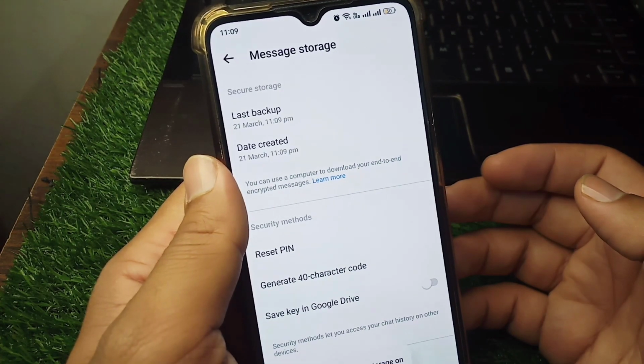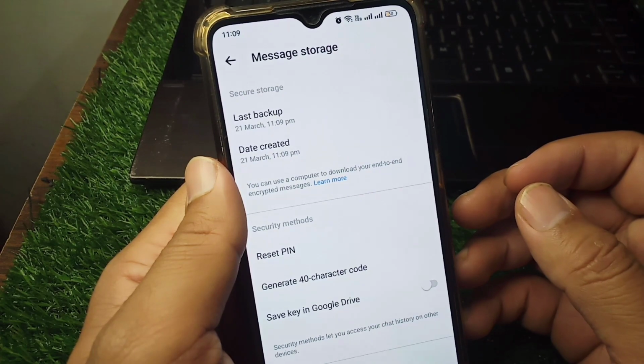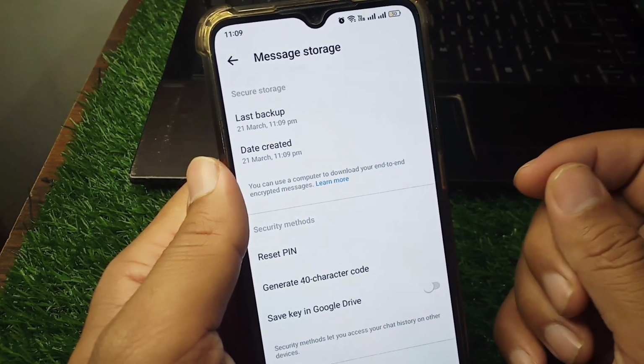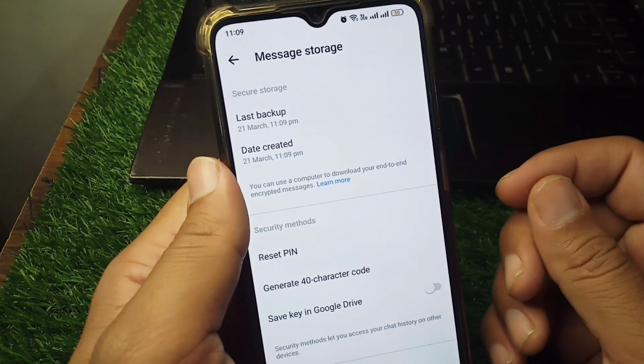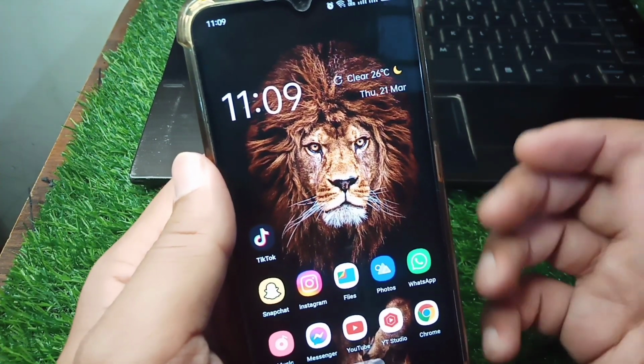So guys, here you can see this end-to-end encryption is now turned on in your Facebook Messenger, and now your chats will be secure and you will be able to reach your chats on your other devices as well. So guys, that's it for